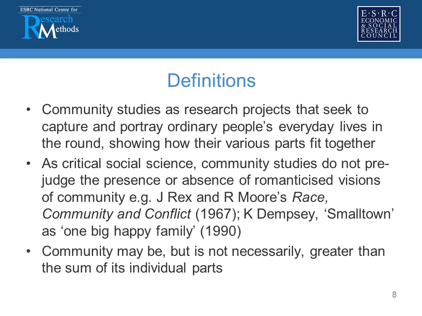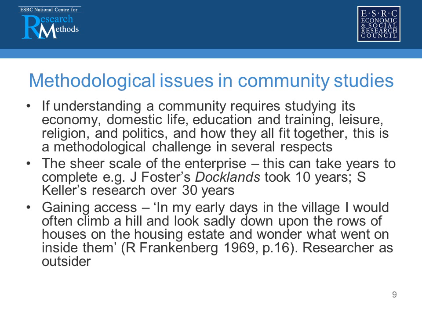Ken Dempsey's Australian study of a place he called Smalltown, which he anonymised because he wanted to capture that point about the meaning of community, said that the local rhetoric was that community is one big happy family, but he found, of course, that there were groups of people who were very clearly on the outside. It shouldn't be assumed that community is necessarily greater than the sum of its individual parts. Sometimes where you've got conflict, communities are less than the sum of their individual parts.